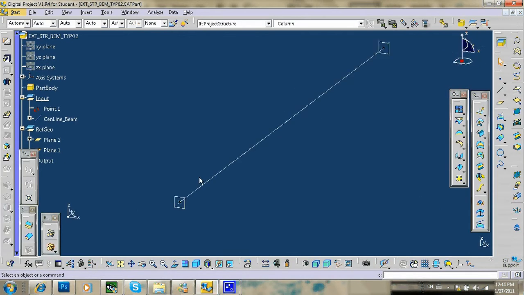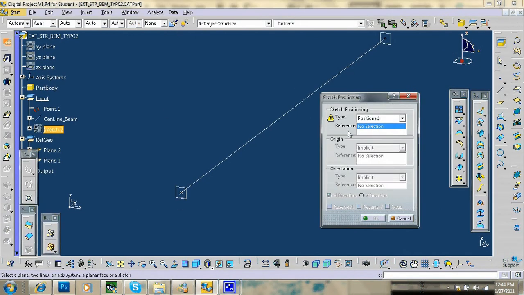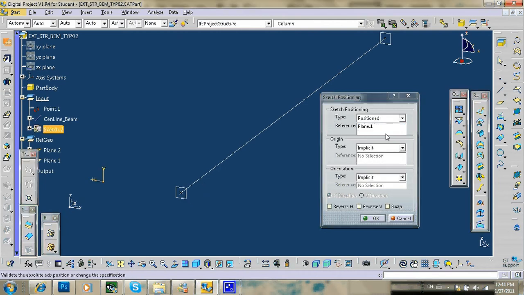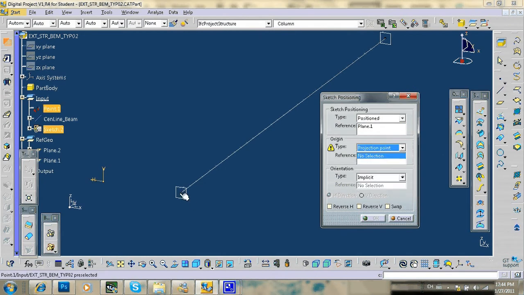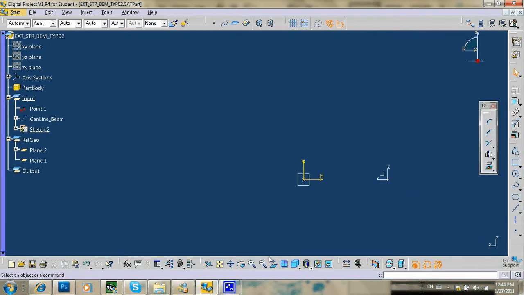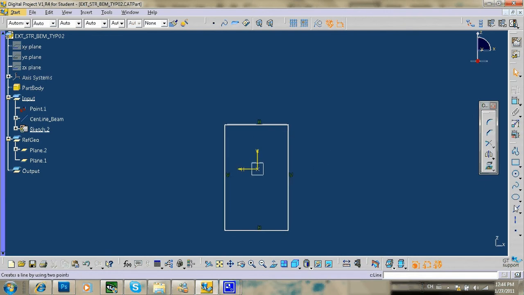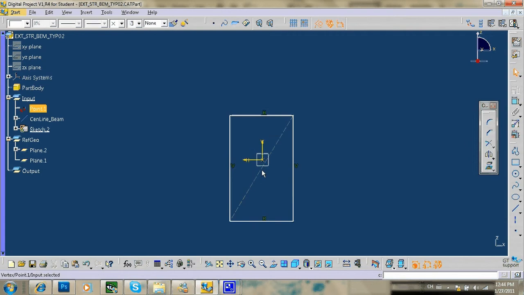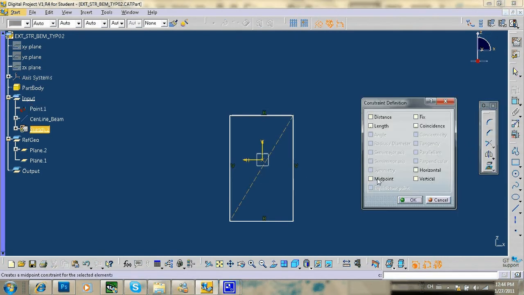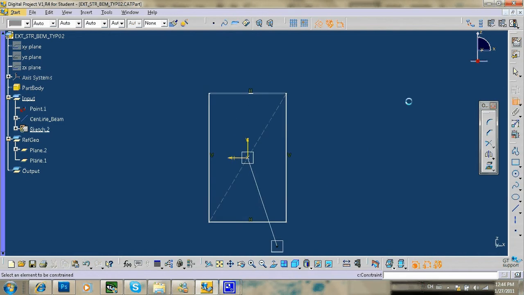Sorry, I forgot to apply the origin point. So the reference will be this plane. Make projection point. I will take this point. Click OK. So we start from a rectangle and we take again the diagonal, make it construction, link with the central point, and give a dimension, and we can create